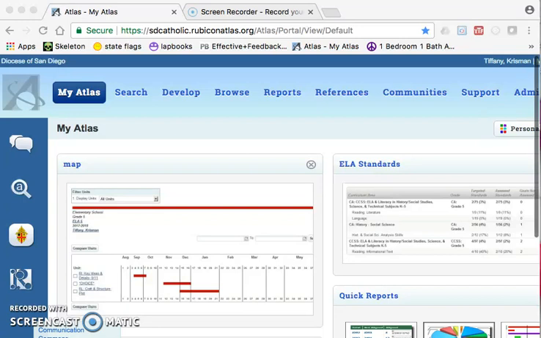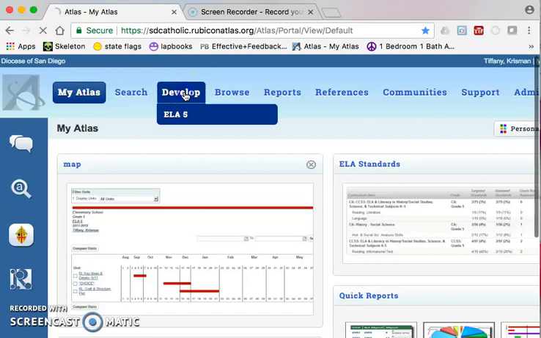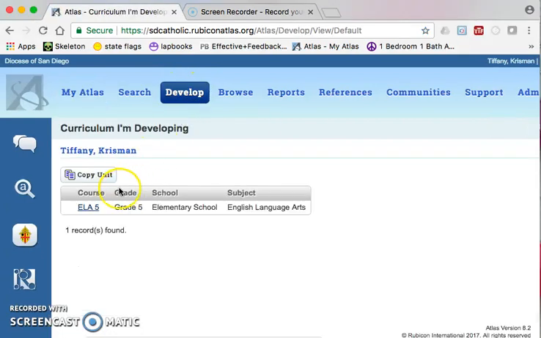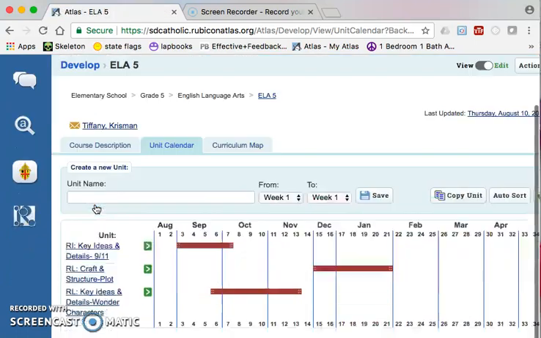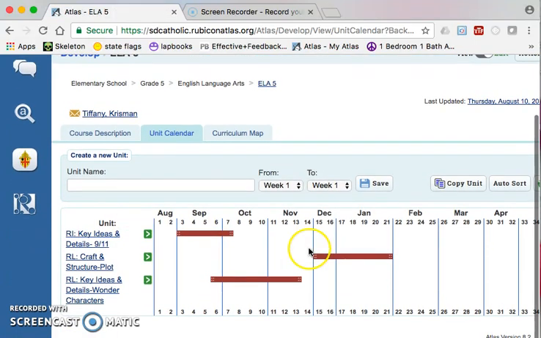So you'll notice I'm already in my Atlas, and I'm going to go to Develop and go to ELA 5, which is ELA 5th grade, and that's going to bring up all of the units I've created. So this is my unit calendar. We've developed 3 units. The way we've decided on these titles is that